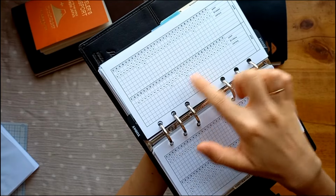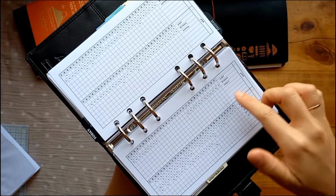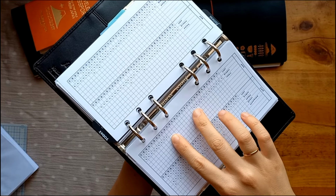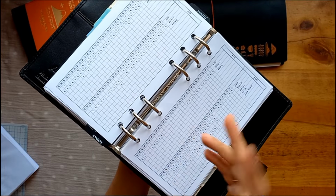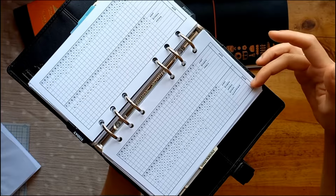I did two journal entries. And then May, I was gone, so Filofax was very strong. There was a period I kind of got lost with journaling during my trip, but I picked it up again. And June,